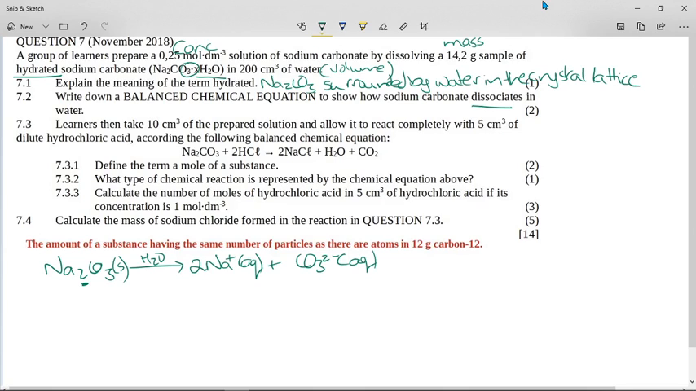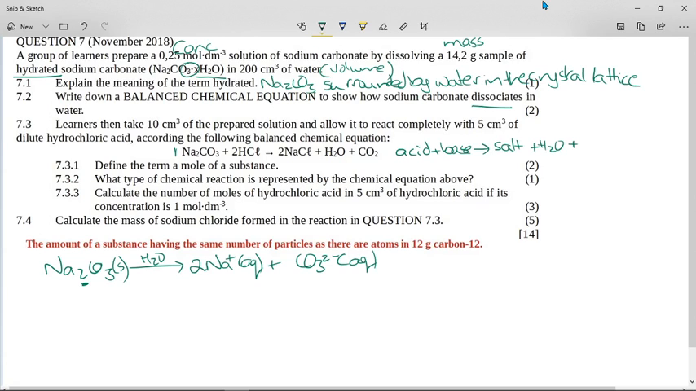Now it says to you, learners then take 10 cubic centimeters of the prepared solution and allow it to react completely with 5 cubic centimeters of the dilute hydrochloric acid according to the following balanced chemical equation. Sodium carbonate, now if there's no coefficient here, you know it is a 1. Sodium carbonate plus 2 hydrochloric acid goes to 2 sodium chloride plus water plus carbon dioxide. So this is a kind of acid-base reaction. Remember, the general reaction for this is an acid plus a base goes to a salt,